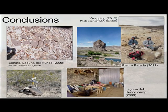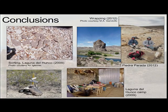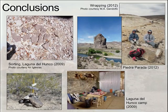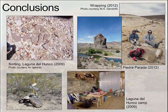Up here is this nice volcanic formation, Piedra Parada. And then here's myself and my postdoc advisor from Cornell, Alejandra Gandolfo, and we're there wrapping fossil leaves with toilet paper. So I guess to conclude,